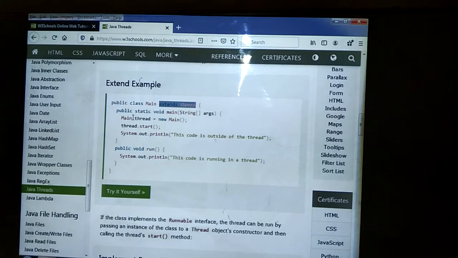In the main method we create an object: Main thread equals new Main. Then thread.start method we call, and System.out.println. This code is outside of the thread, meaning this statement belongs to the main method. The code running in the thread belongs to the Thread class: public void run, and again the code runs within the thread.